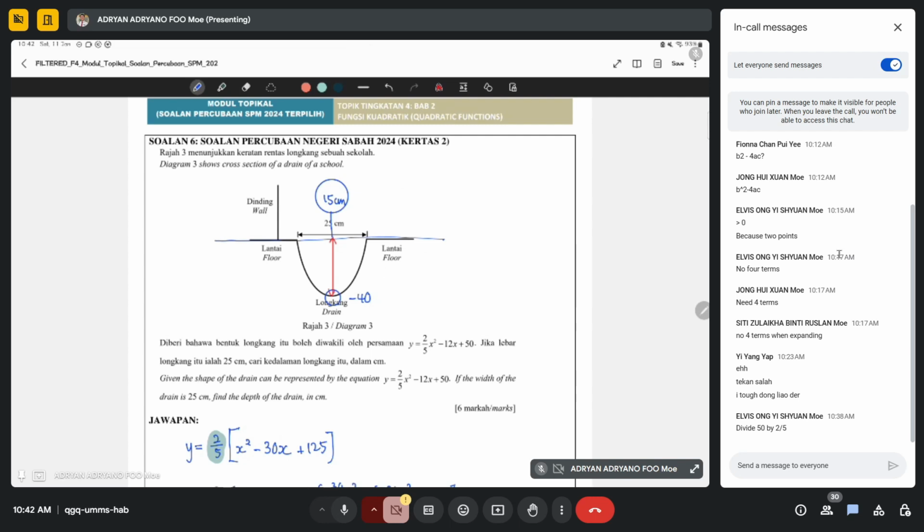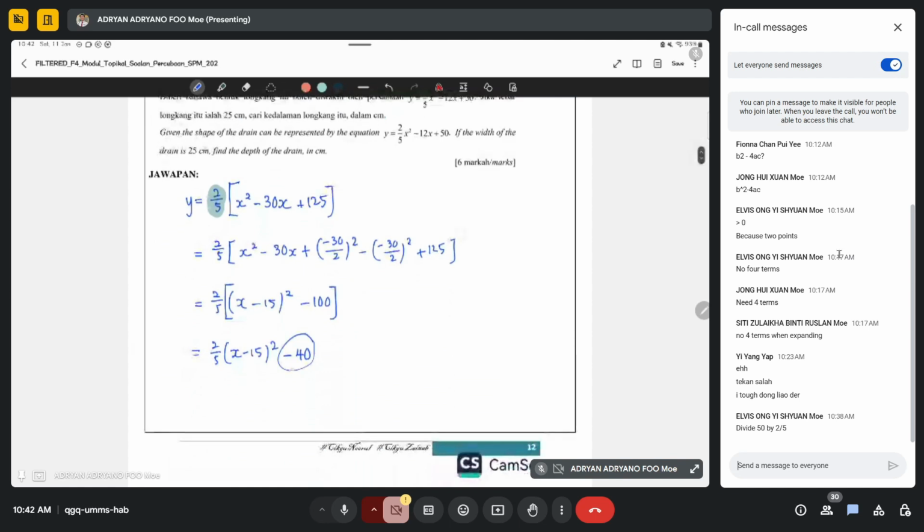Because, okay, 现在我们要做 vertex form. 我们要 make sure that the graph, 它 vertex form, 它现在已经移去右手边一点点了。Okay? So that's why 我们要重新算它的 original position. Let's say 它切 origin 的时候。So we cannot directly assume that negative 40 is our depth. Okay? So this step here, where you convert vertex form, and then you get negative 40, 这个你拿到3分了。